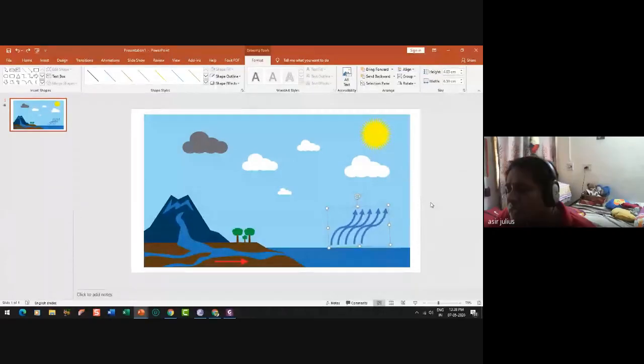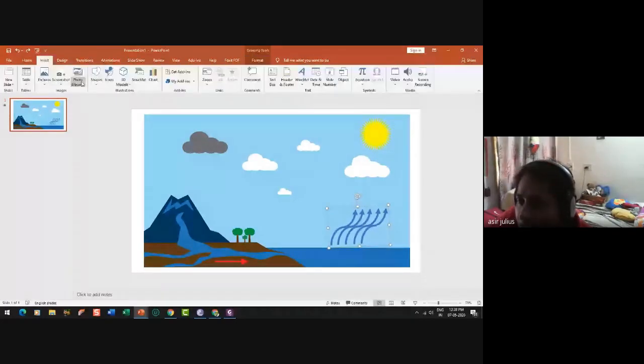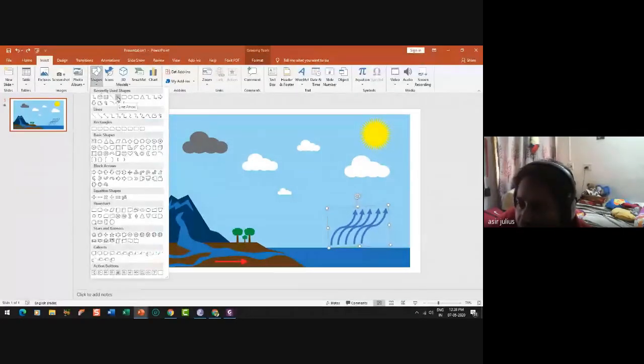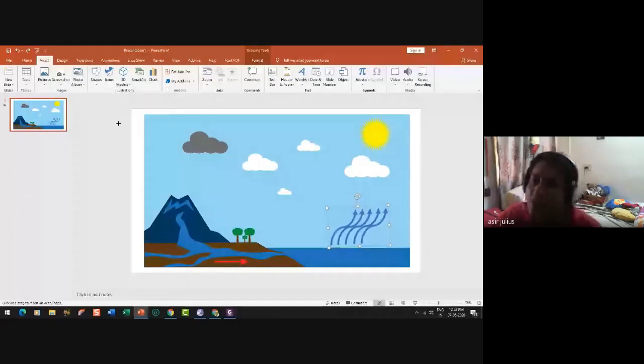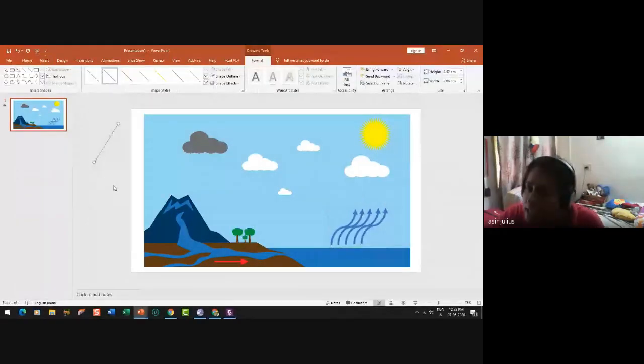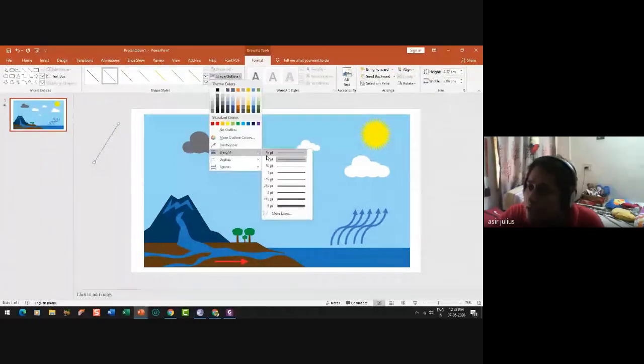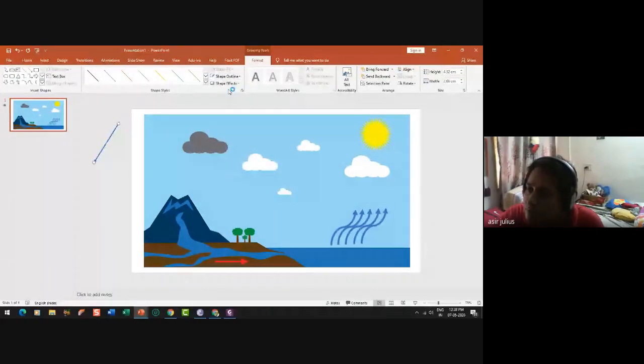And prior to that, I am going to add rain here. Here we have two different clouds. One is a dark cloud, the other one is a normal one. And I'm going to add rain here. And it should come from this dark cloud. So again, I'm going to this insert, taking arrows. Now this time, straight arrows. See, it is very thin. Again, I'm going to naturals, weight, increased weight.